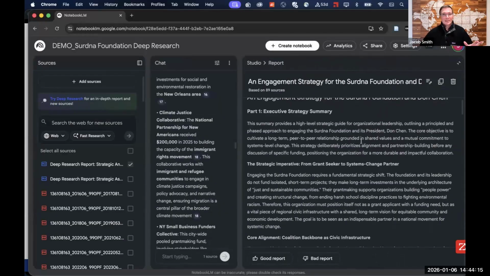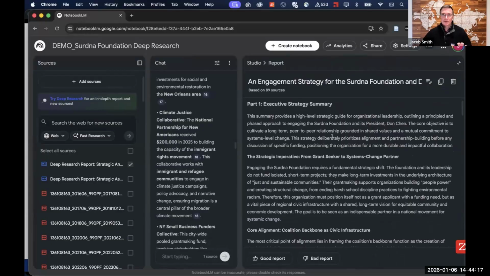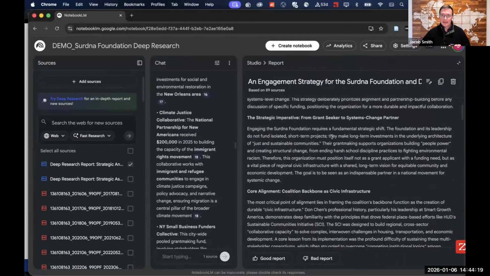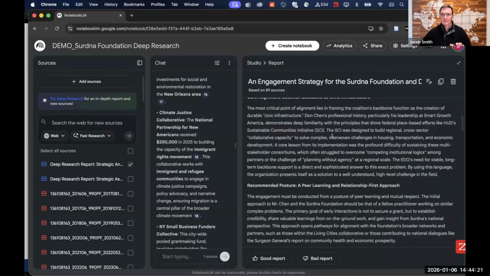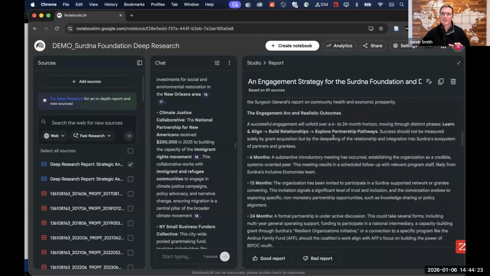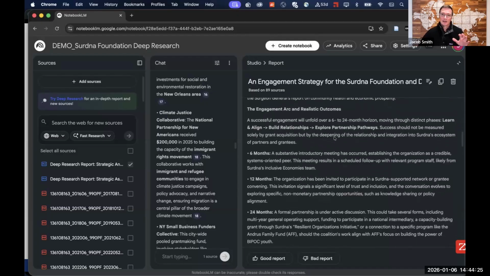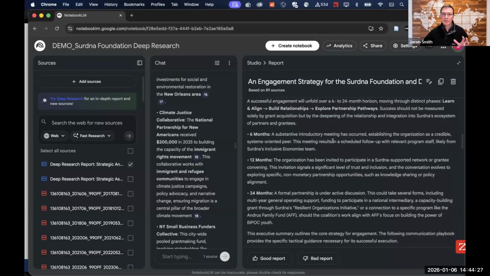So the prompt itself asks for this executive strategy summary, which you can see here. In addition to that, it talks about the arc. The prompt mentions a specific time frame, so you can modify that to make sure that it fits within your particular needs, and the strategy may be different.